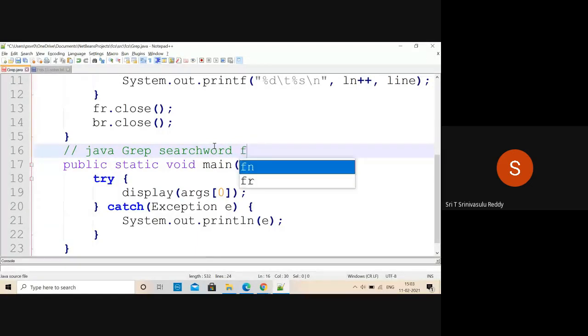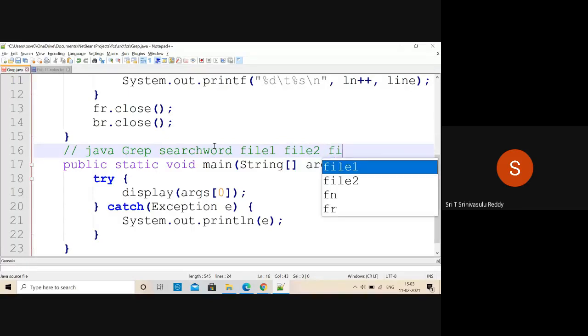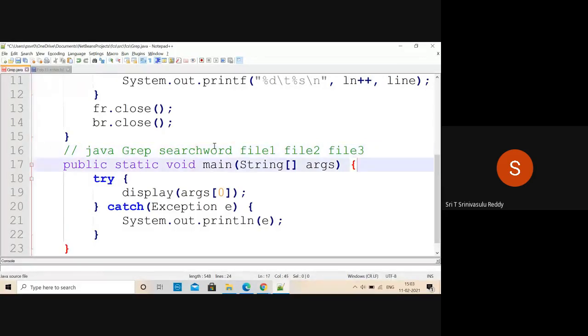And after that, files: file 1, and if you want to search even in file 2, like this any number of files you can specify. At least one file must be specified, and more than that is up to us. So that means at least two arguments will be there, and more might be there.